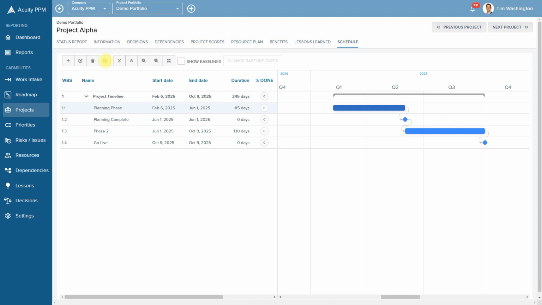I'll hit the save button again. It'll preserve and save the dates. That save button is important because this information will then update your resource plan if you are using resource planning. It will update the information page with the start and finish date. It will update the status report, and we'll go to the status report in a moment. It will also update the roadmap. So there are a lot of places in the system where this date information is utilized, and the save button